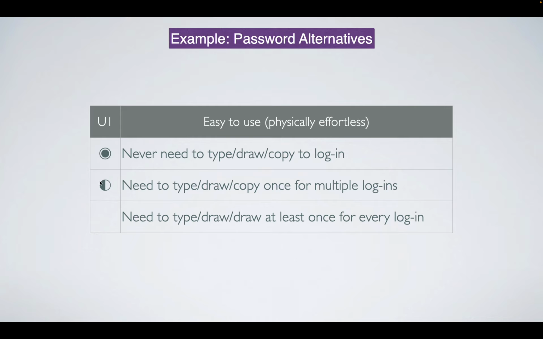And then sometimes in the middle, I have a middle category, would be like, I have to put one password in once. So for example, if I have a password manager, I put my master password in, I unlock it, but then when I go to the 1,000 websites, I don't have to type anything in again. Or with single sign-on, I type my one password into Facebook. Now that I'm logged into Facebook, then I can log into the other 1,000 things without having to log in again. Okay, so that gets the half dot.